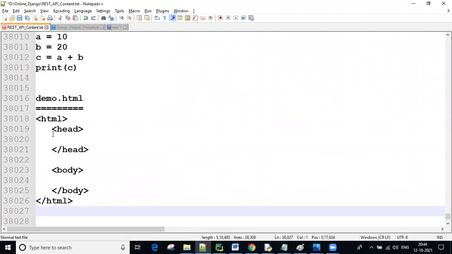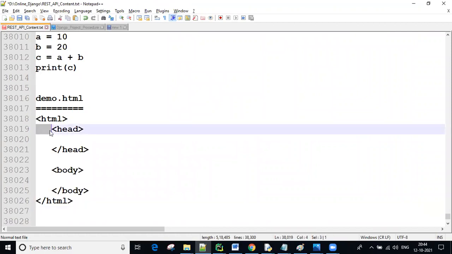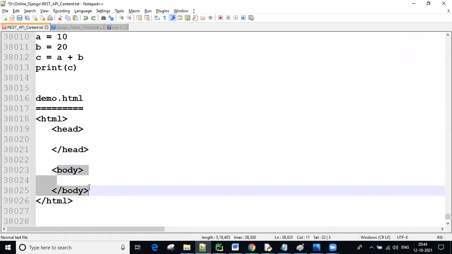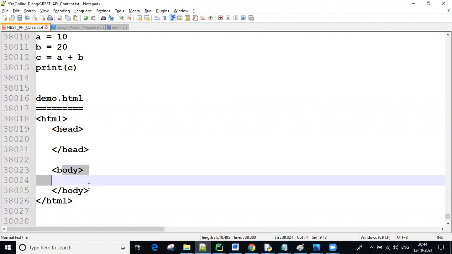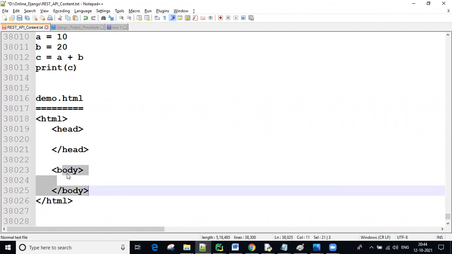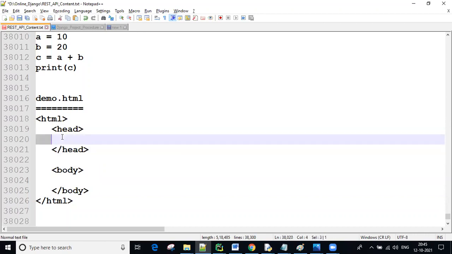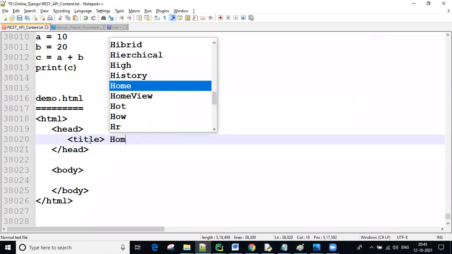Got it? So in the head section we write only some additional tags. These tags help the body, giving extra information about the tags you write inside the body. After writing some tags here, you will understand. Now inside the head, guys, regularly we write one title tag. This is the home page,